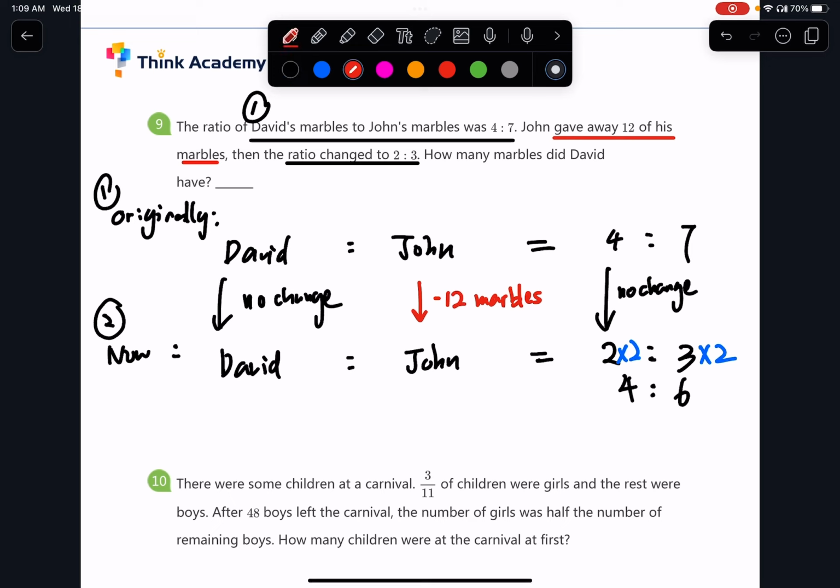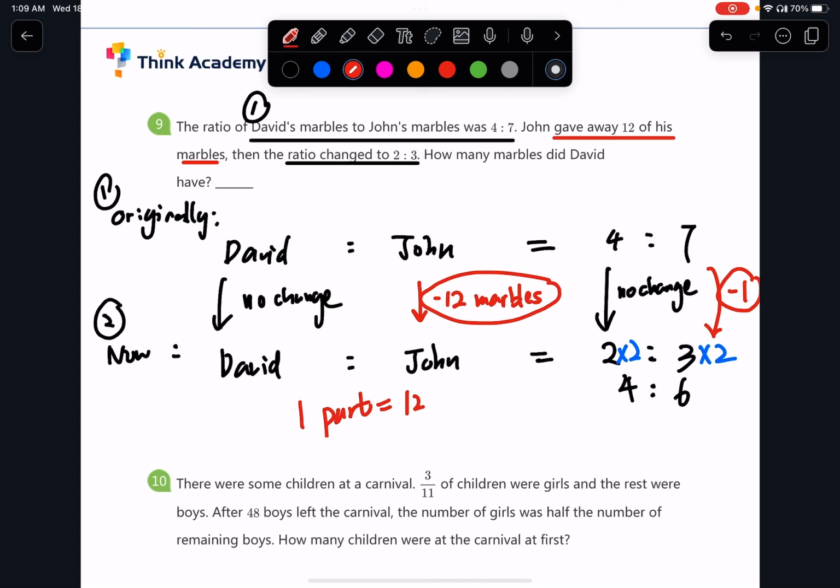And John's number in the ratio actually changes from 7 to 6, so it's minus 1 part. Minus 1 part is the same as minus 12 marbles. So 1 part equals what? Equals 12 marbles,